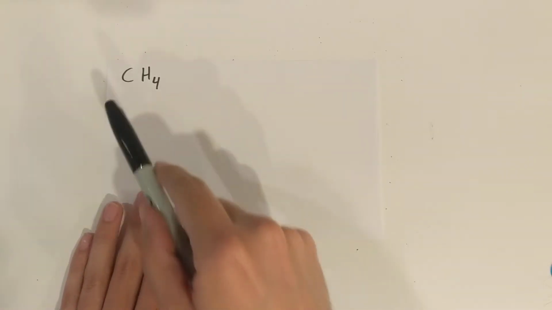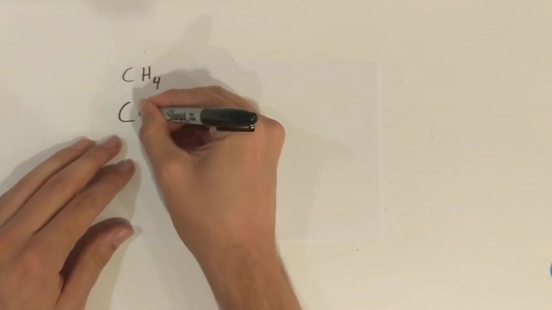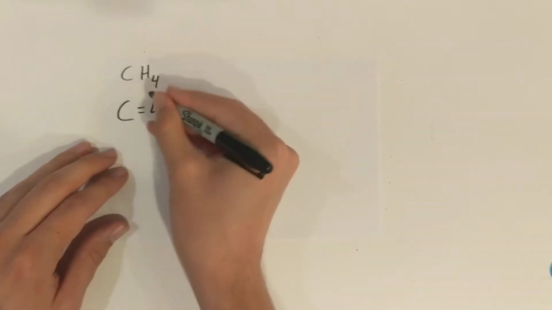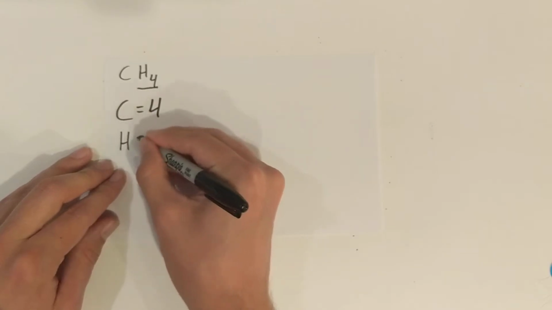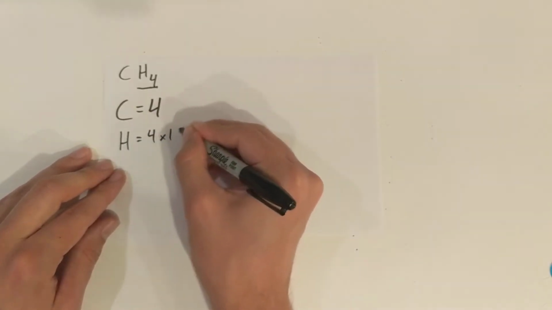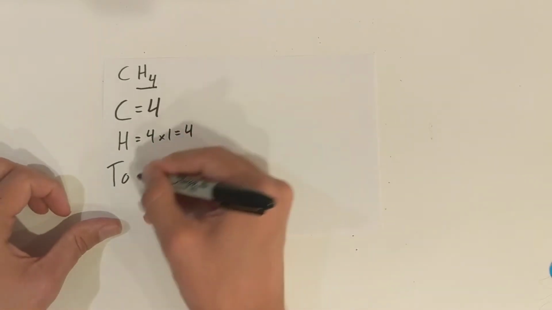All right, well, we're down to our last couple examples for this week. So in this example, we got CH4. That tells us we got carbon, which has 4 valence electrons, and 4 hydrogens. And they each have 1 valence electron. So we got a total of 4 there. So 4 and 4 is